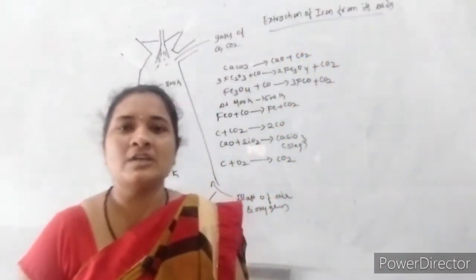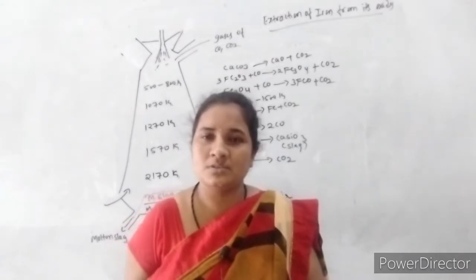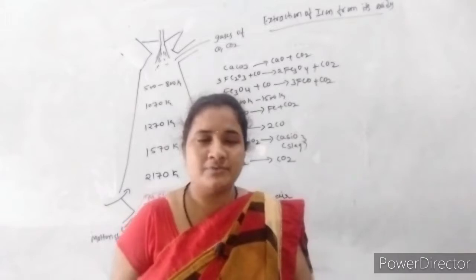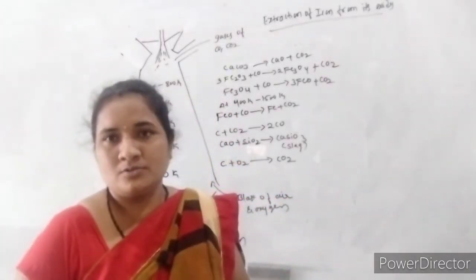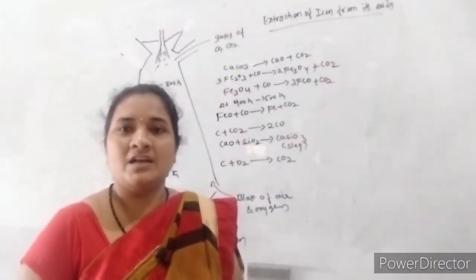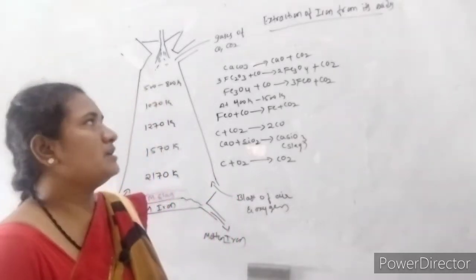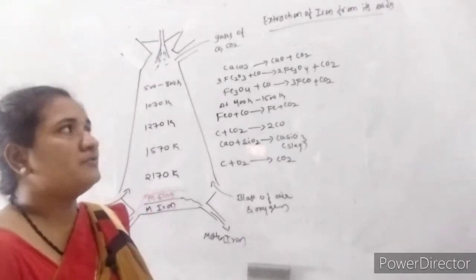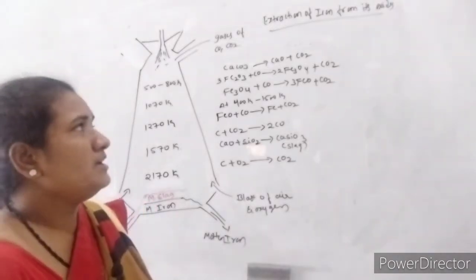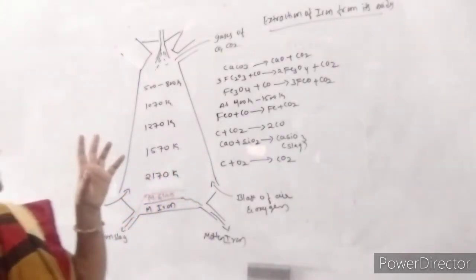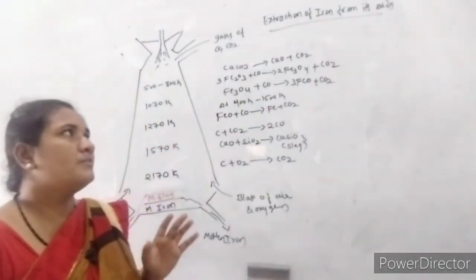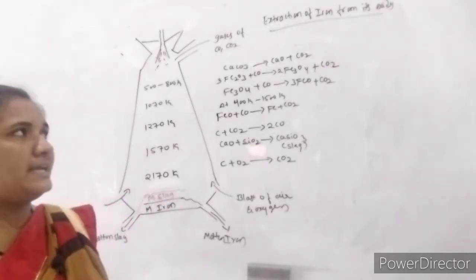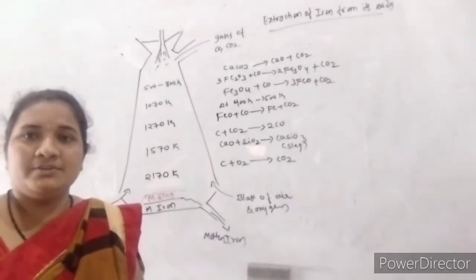So here we have to choose the iron ore firstly. Iron ores are nothing but magnetite, hematite, siderite and iron pyrites. In that we are going to use the hematite ore, because it is economically as well as commercially good, so that's why we always use hematite ore for the extraction of iron from its ore. So in this video we can get the idea of how the extraction of iron, or any kind of metal, is carried out using suitable reducing agents.